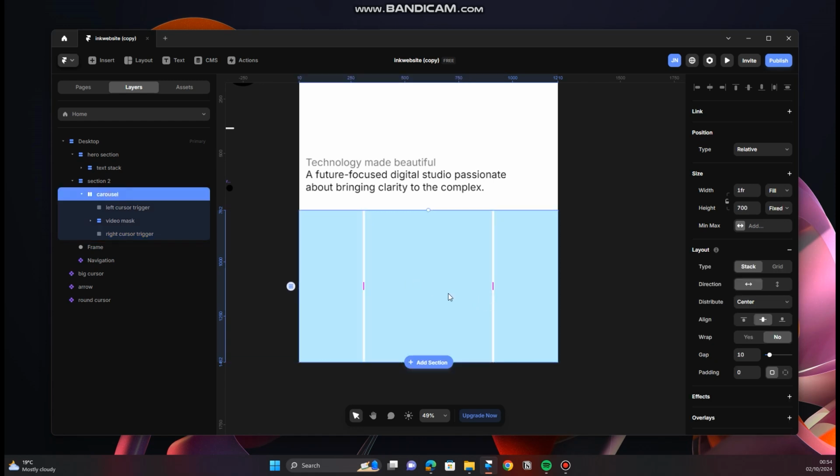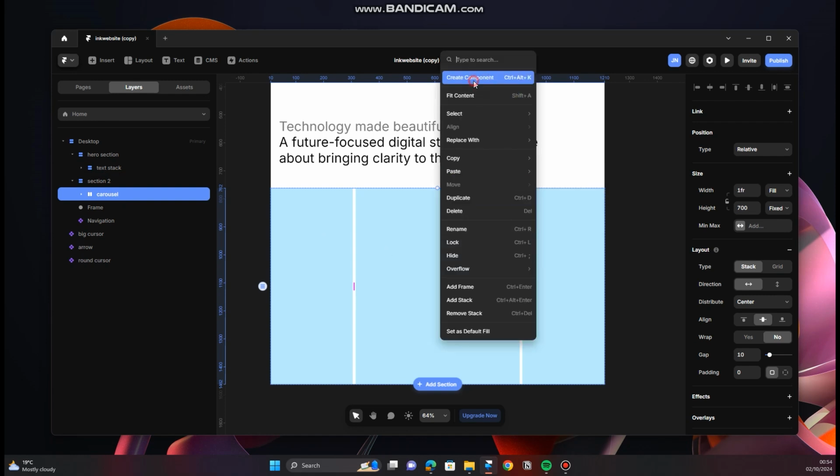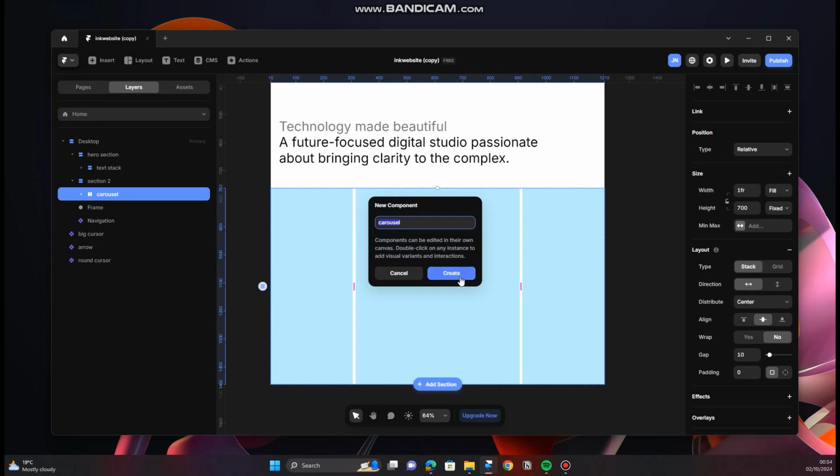The next step, I want you to come to the carousel. So come to this carousel, which is underneath the section 2. And I want you to click Ctrl Alt K on your keyboard, or you can right click and create component. Just gonna call it carousel. Okay,